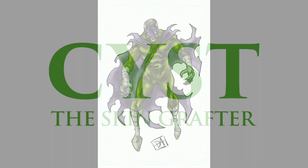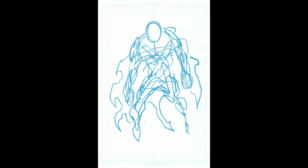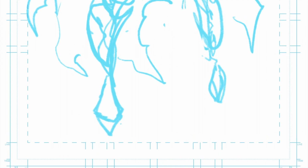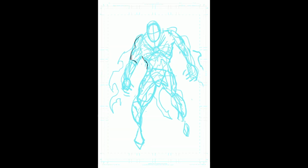All right, my character, Cyst, the Skin Grafter. This is kind of a more monster character. He's hunched over, he's got a cape. So here I am just roughing everything out. And of course, this is all sped up, so feel free to pause the video if you need to see any of the details. I'm just trying to get a gesture drawing going with this character,